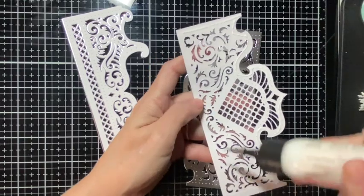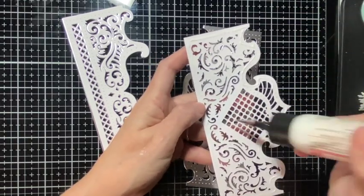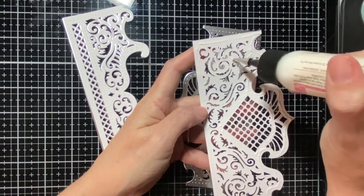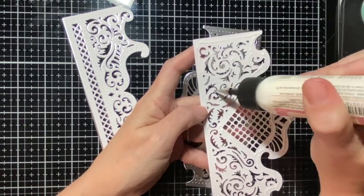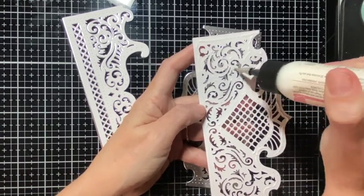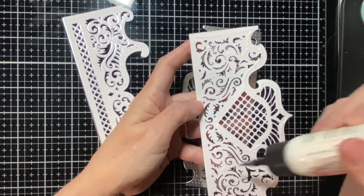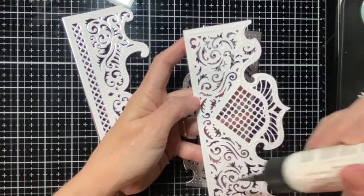It's like a jigsaw puzzle, except this one's a little easier than that birthday one was, because it isn't as intricate. These little pieces in here are just for good measure. You probably don't even need them, but I just want to make sure everything stays down nice and sturdy. So I'm just hitting the thickest areas,